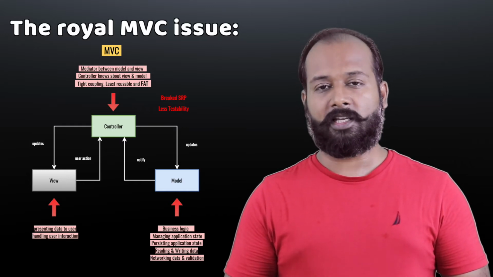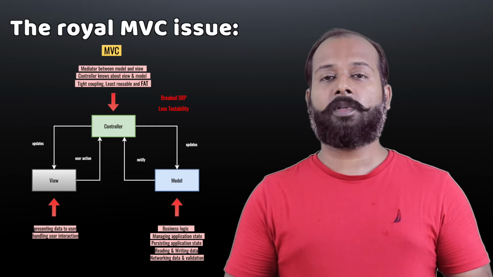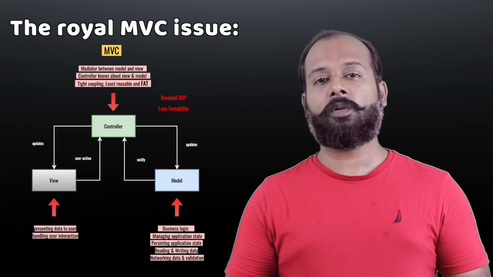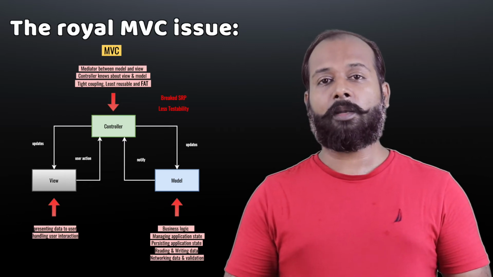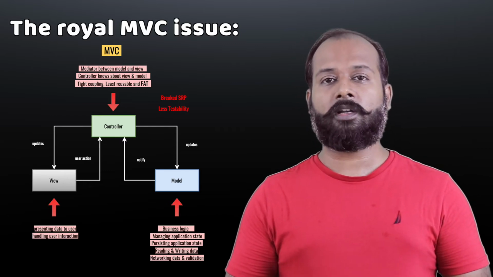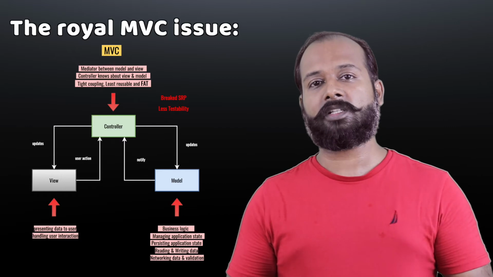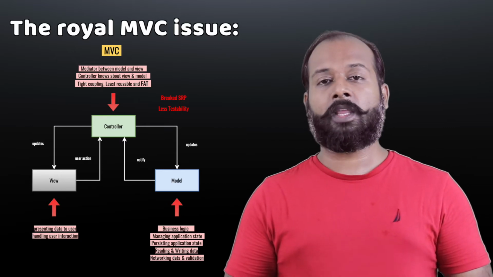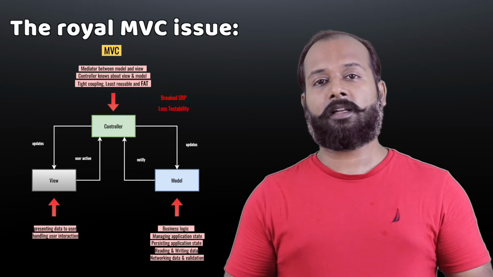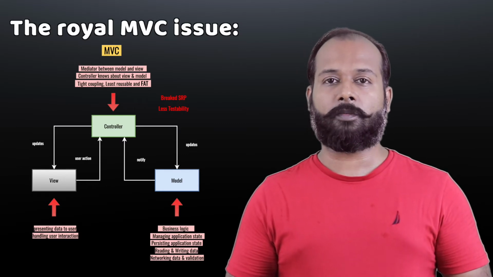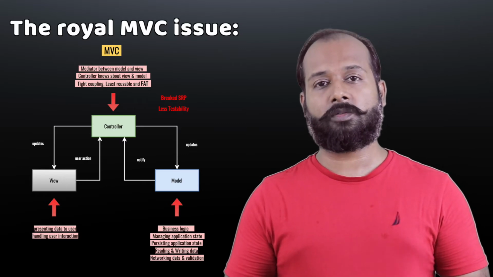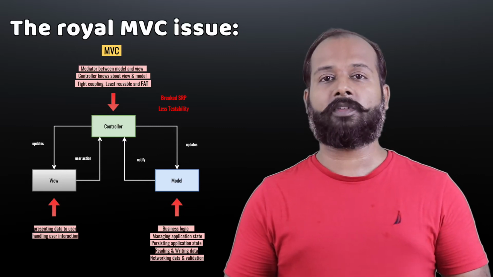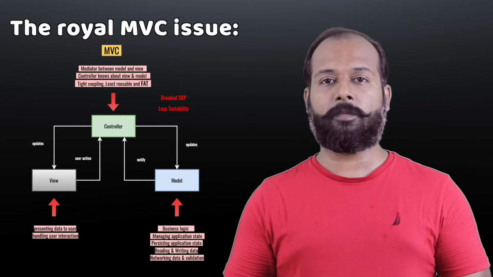Whenever the user takes any action, it reaches from the view layer to the controller, and then according to that action, the controller modifies the model data and the model notifies back to the controller, and once that notification is completed, the controller modifies the view layer. So here you can see that the controller is performing multiple responsibilities, and we are breaking a very basic principle of design, that is the single responsibility principle.